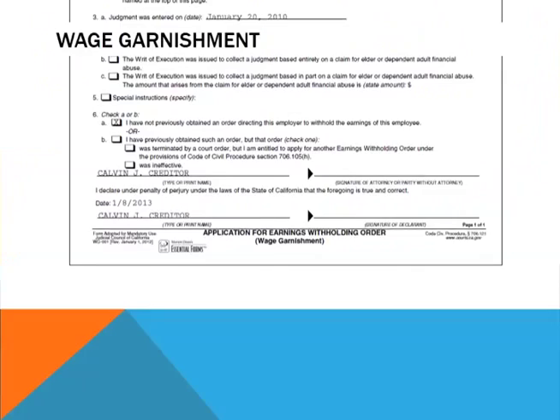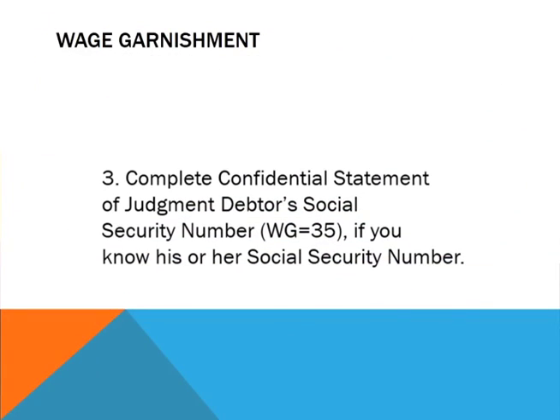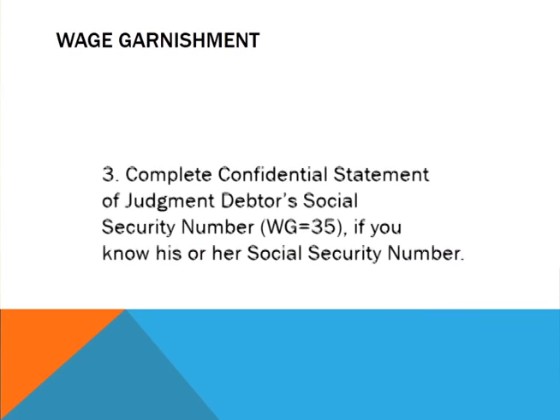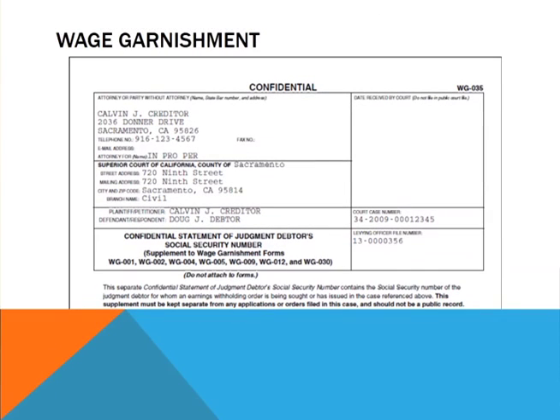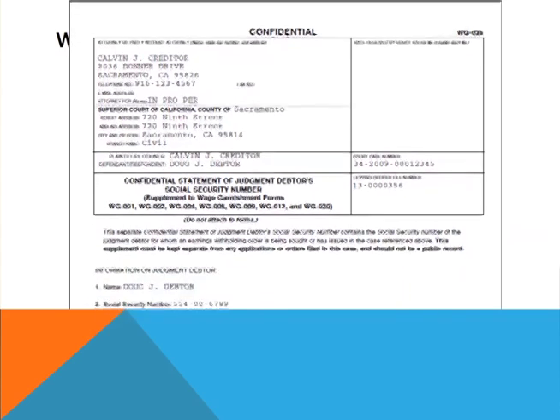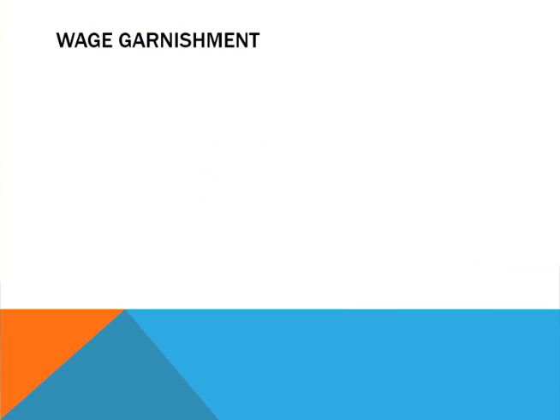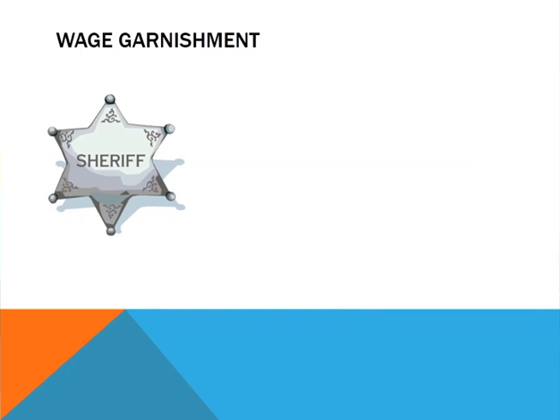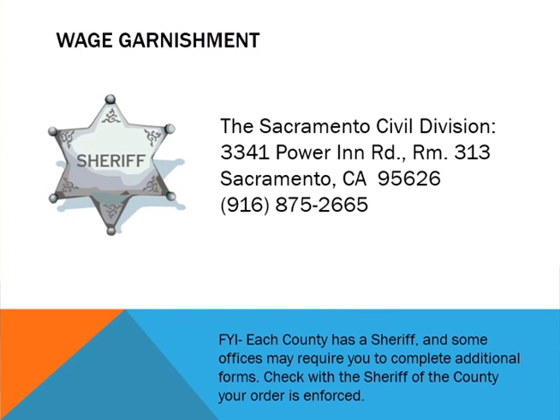So now, I told you about Form WG35. If you know their Social Security number when you submit this, it's really easy. Caption is just what you'd expect. Levying officer file number you get from the sheriff when you file it. And there's just a spot to write the name of the debtor and their Social Security number. That's it. And that's all submitted to the sheriff. Information for the sheriff, once again, 3341 Power Inn Road, room 313, Sacramento, California, 95626,